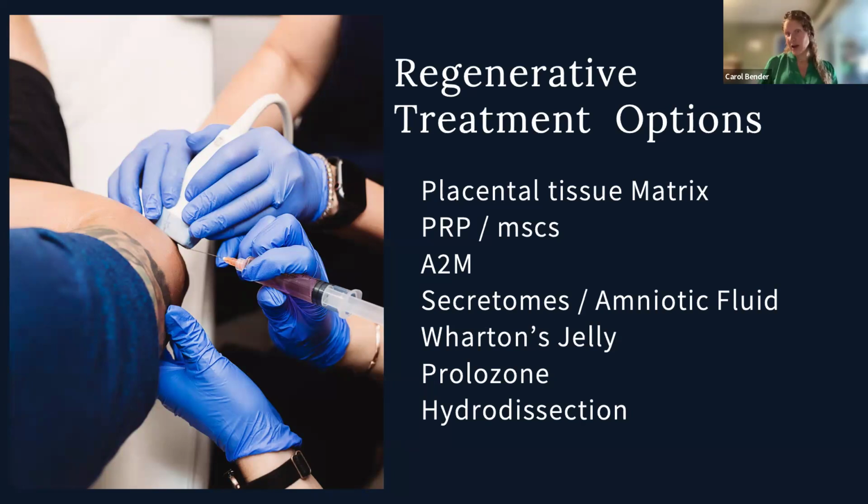Hydrodissection is bringing blood flow back to the area and also relieving the pressure off of a nerve or off of a tendon to bring healing and restoration back to the body in that specific area. That can provide, as we'll talk about later, almost instantaneous relief when somebody's had like sciatica or a pinched nerve, carpal tunnel syndrome, just opening up that space, decompressing the nerve and releasing that nerve from where it was tethered